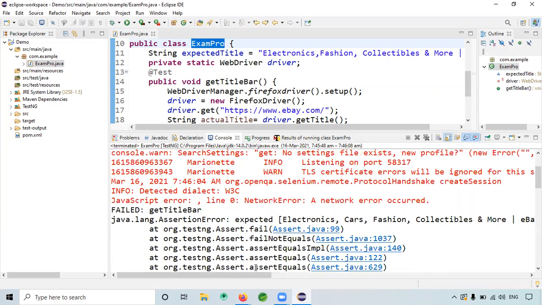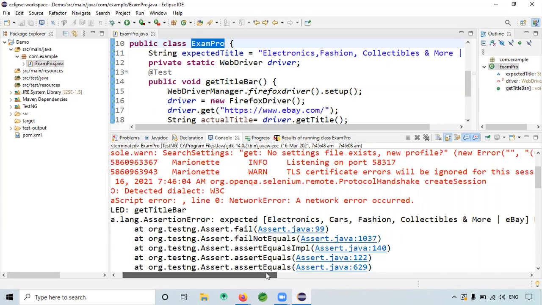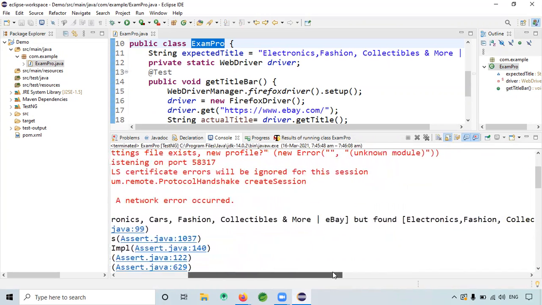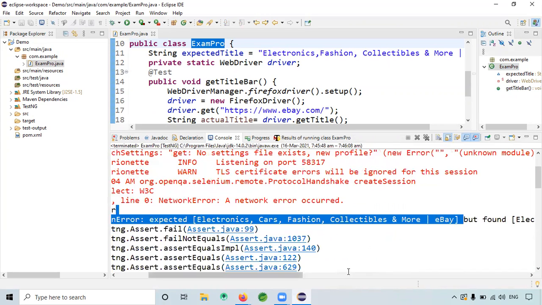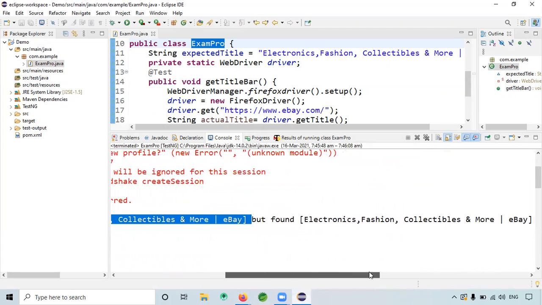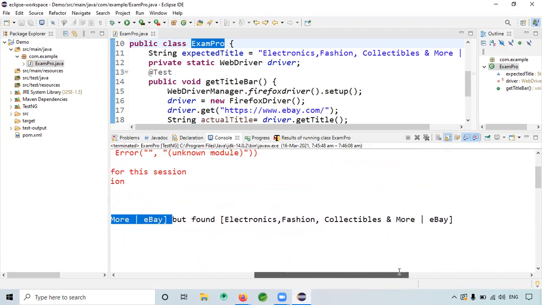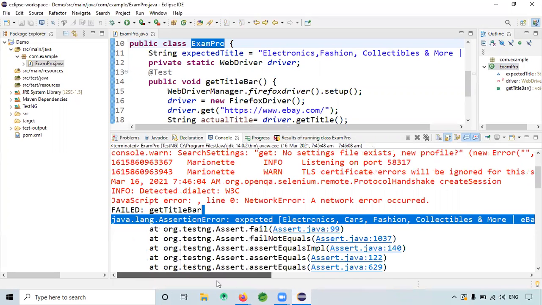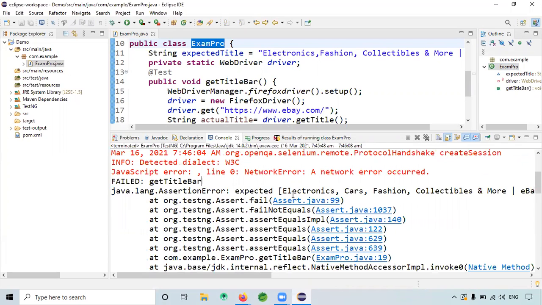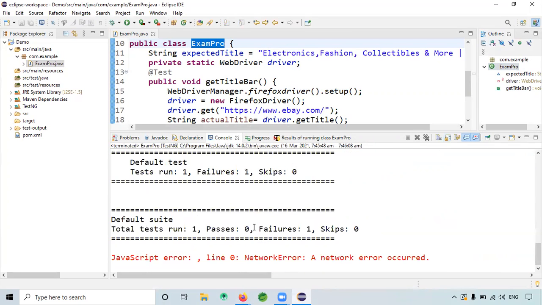Assertion error: expected electronic cars fashion, but found electronic fashion. So it shows the colored details and more. Okay, so it is actually the assert equals.